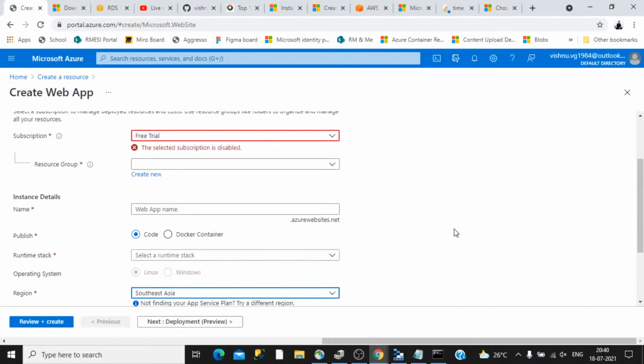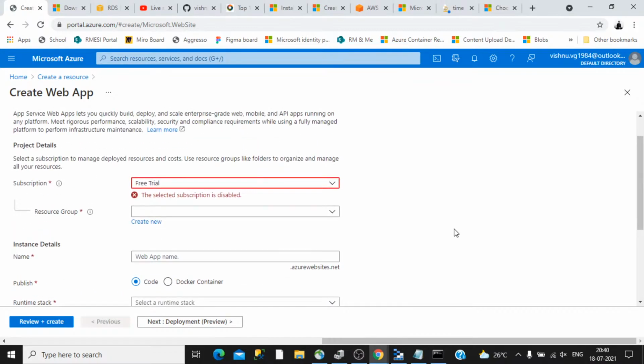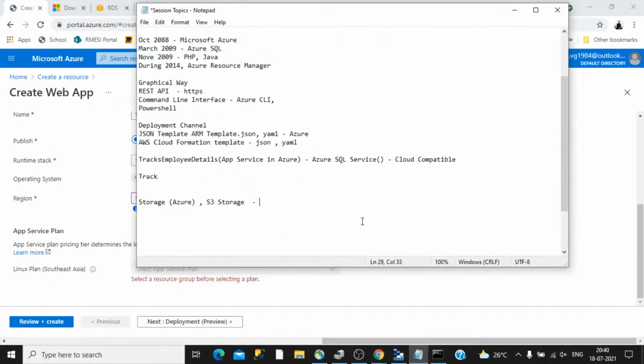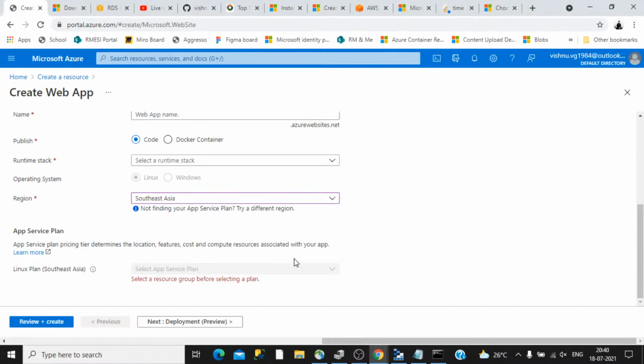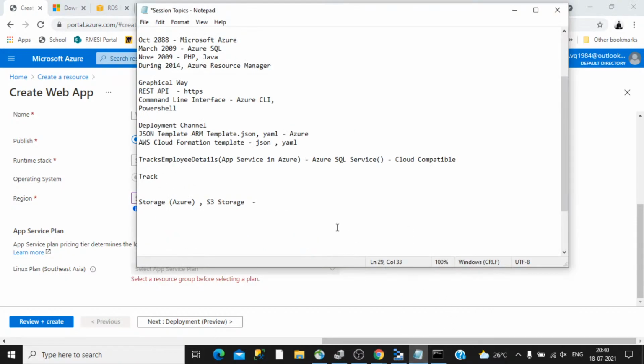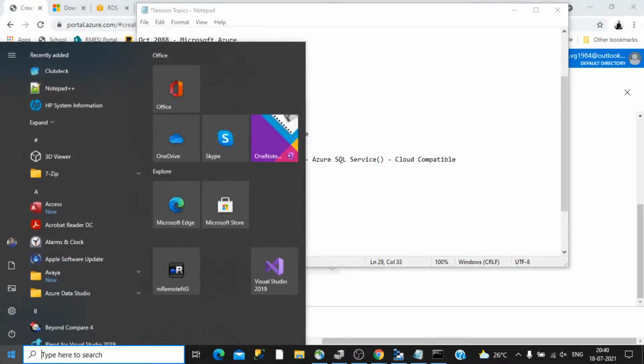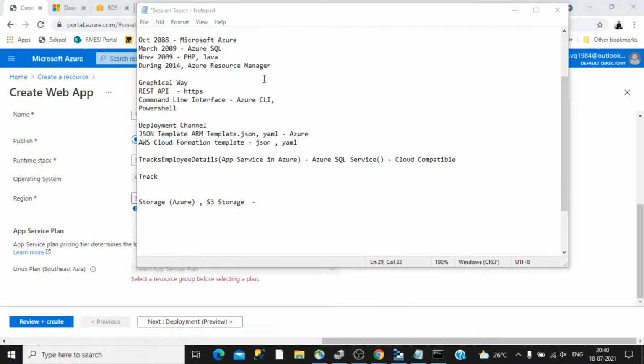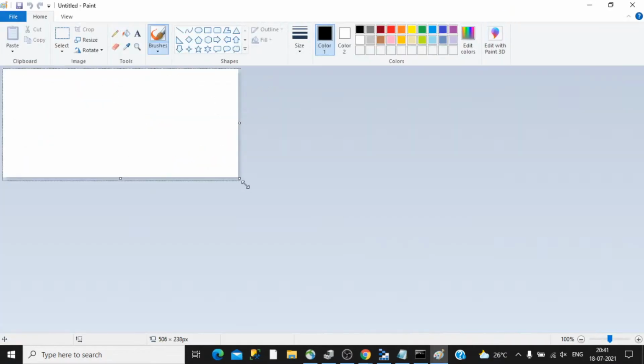Now, within that particular region, there is a concept called availability zones. This is also equally important. When you select a particular region, Azure will automatically show the availability zone as well. Let me show you in Paint.